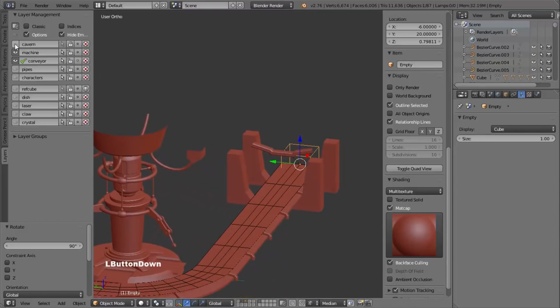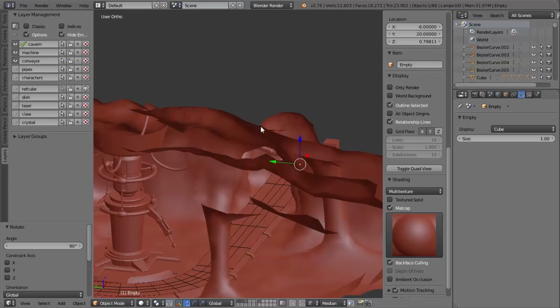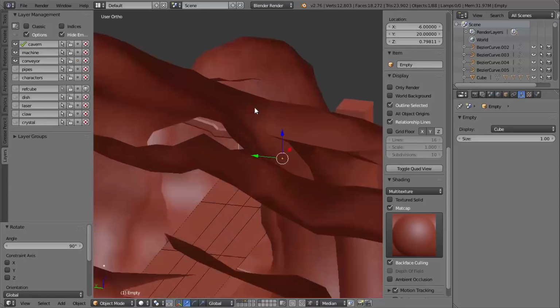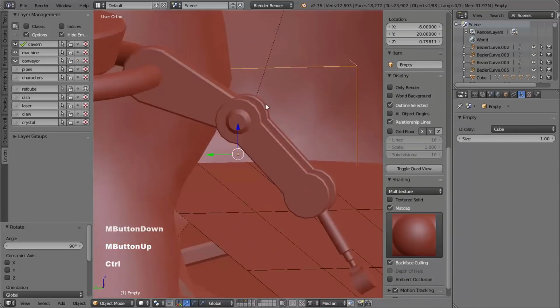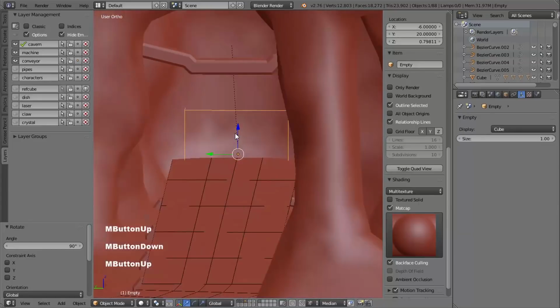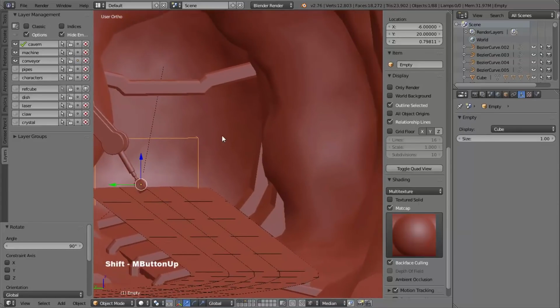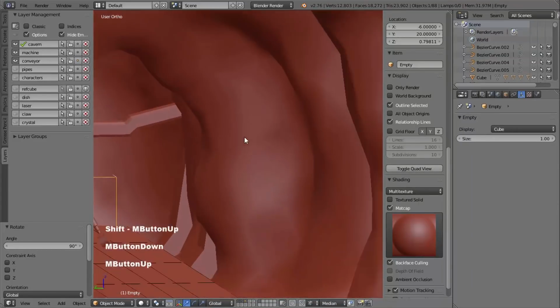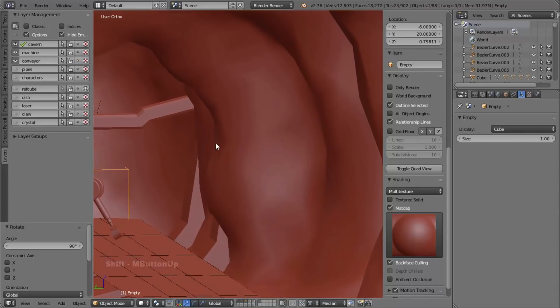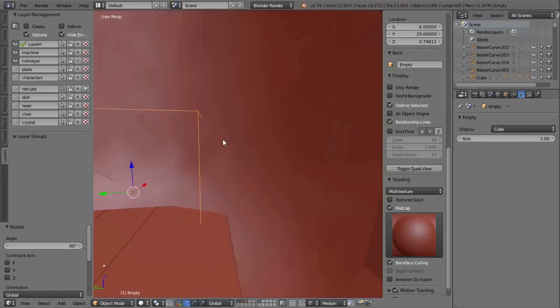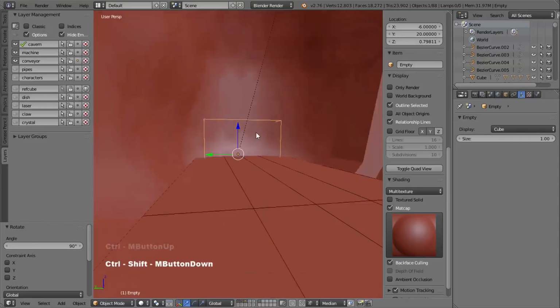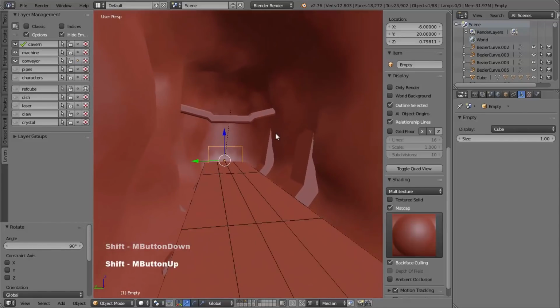So next I'm going to bring back my cavern again and unlock it, and I'm just going to frame my current selection, which is this empty, and as before I need to adjust the tunnel here to work better with these strut objects. I'm just going to go into perspective mode and frame my selection again,